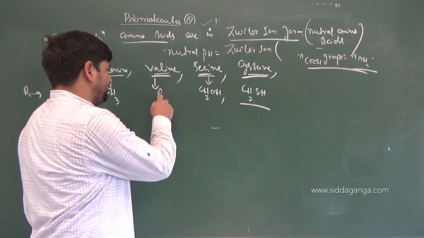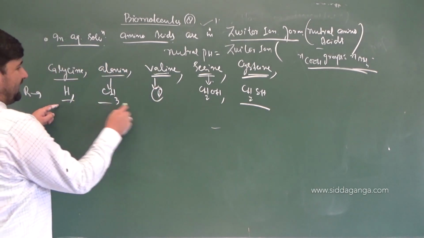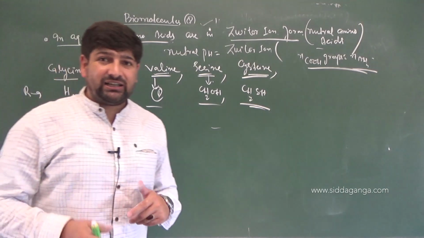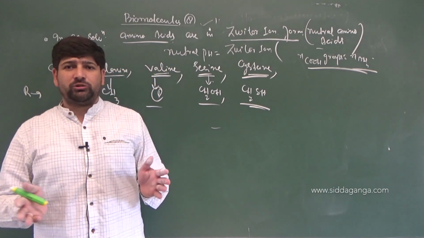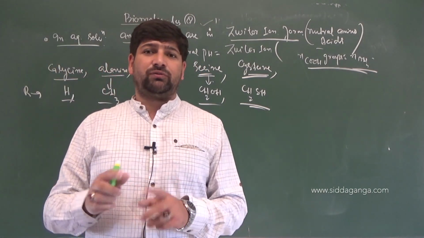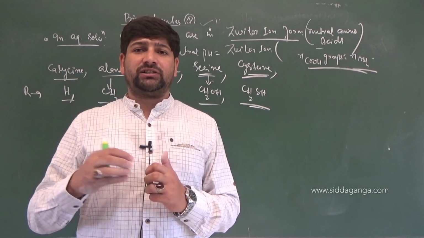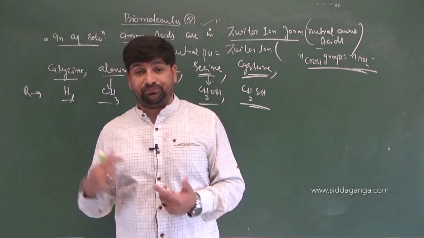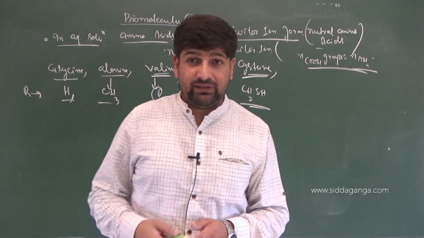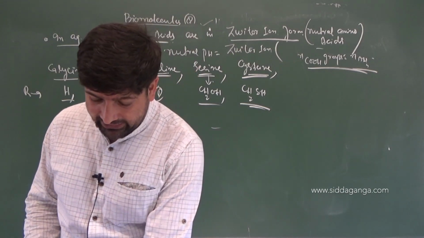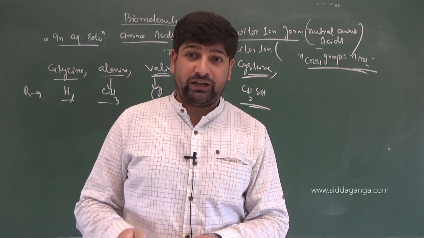These are the side chains R. They do not have a side chain containing any NH2 or COOH group, so they are neutral amino acids. You can classify different types of amino acids at home because it is already given in your textbooks. The structures are also given for the side chains. Once you add the side chains to the amino acid, aromatic amino acids as well will come into play, right? So this is the basic thing I am talking about. So if you have a neutral amino acid, this is the property shown by it. Got it?